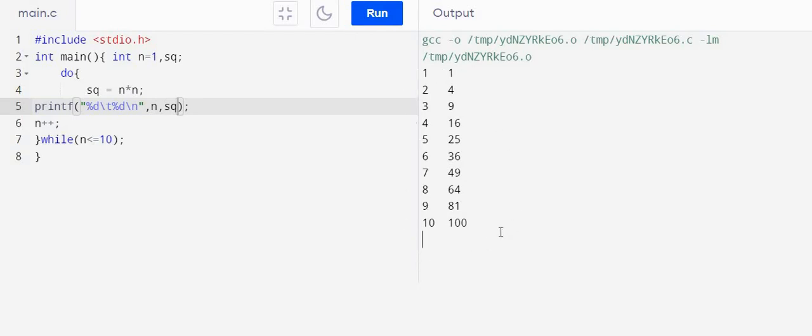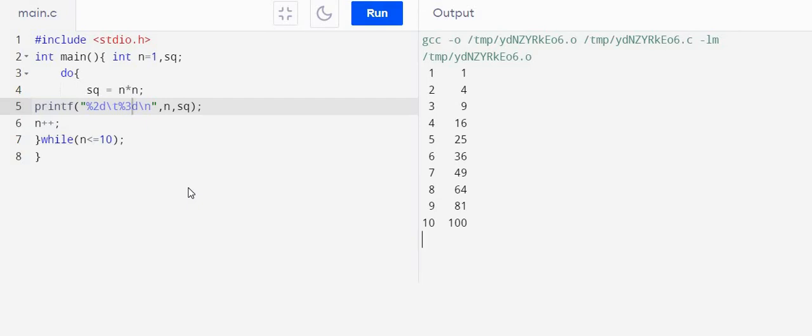This is not our usual way of writing the numbers. They are shifted. So let's adjust the formatting. The numbers can be up to 2 digits. Squares are up to 3 digits. So adjust the format for numbers up to 2 digits, here up to 3 digits. Rerun the program. Now it is looking good. So the numbers and squares are printed in the proper manner.